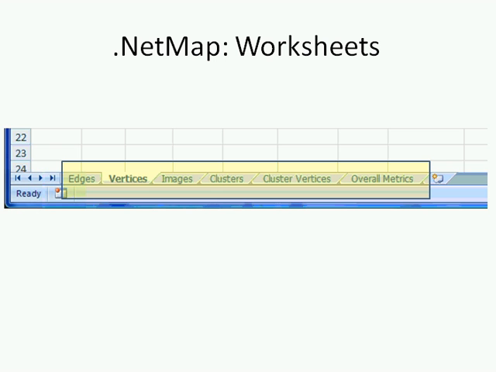At the moment, one of the constraints, and I should note that .NetMap is still relatively young and is not feature complete, is that those images must be on the local file system. On the images worksheet you'll simply put the path to that, give it a code or an identifier, and wherever you put that identifier over in the vertices worksheet, we'll replace the dot with that image.